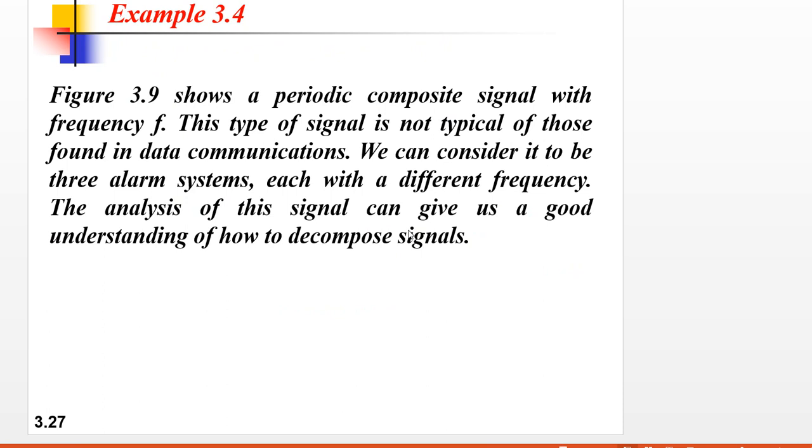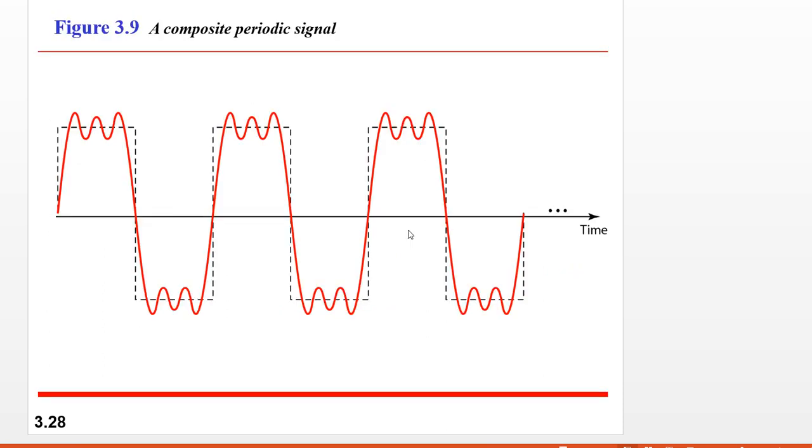You can see the diagram now, right? It is a composite periodic signal. Here the total wave you are seeing is a sine wave, the bigger wave, but it has many sine waves within it. So this is known as a composite periodic signal. If I split it, I will get a series of discrete frequencies.